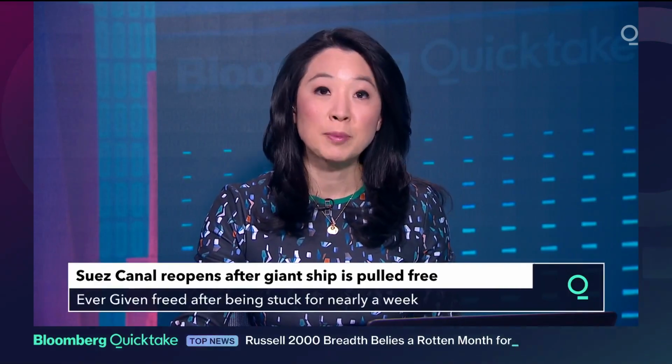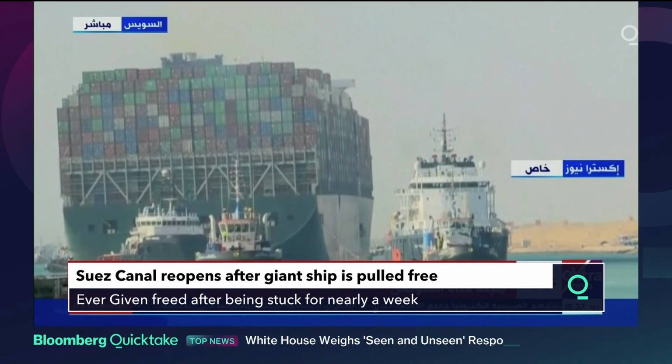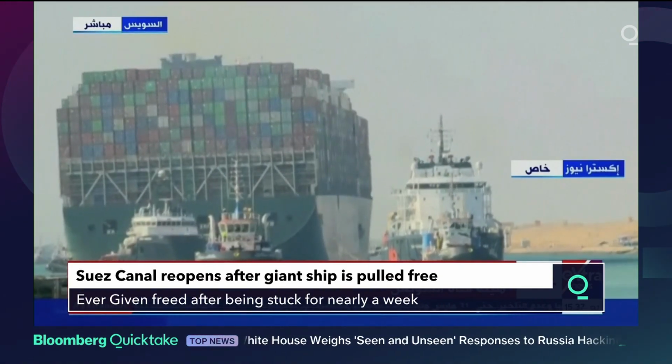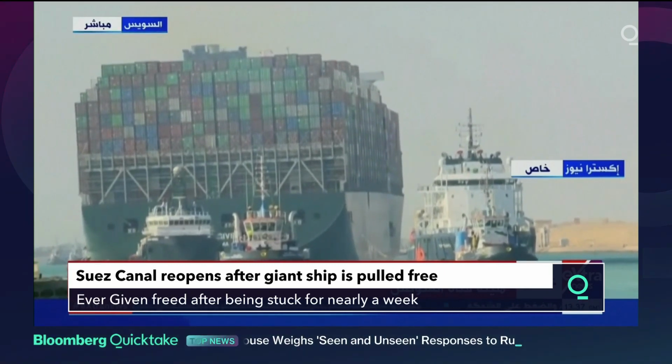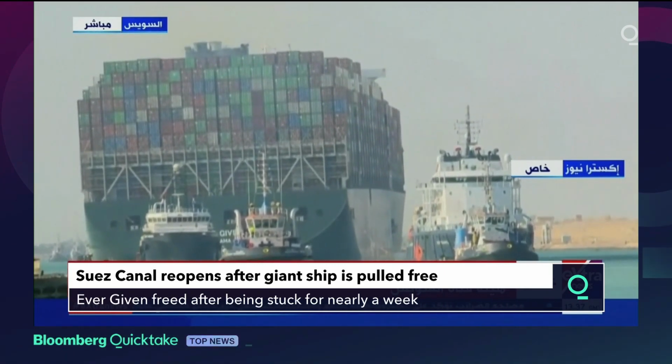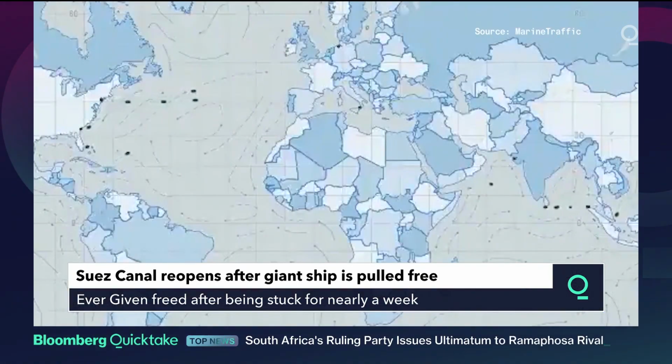The massive container ship stuck in the Suez Canal for 1 week has finally been pulled free, which means transit through one of the world's most vital waterways has resumed. But the backlog of vessels, which has halted billions of dollars in maritime commerce, is expected to take at least 4 days to clear. Meanwhile, if you look at animation from MarineTraffic, it shows some ships have already made